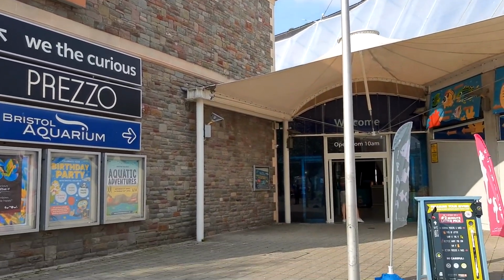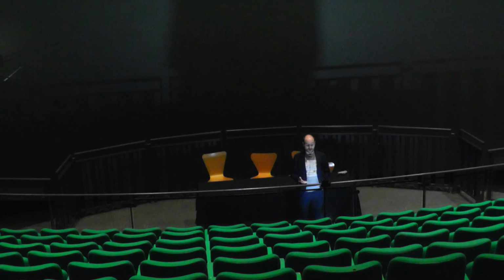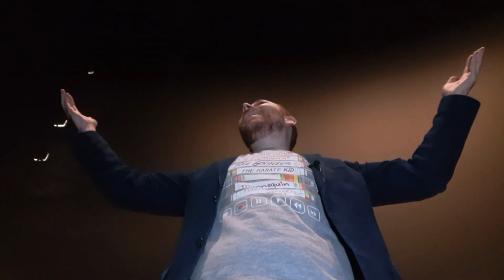I'm here at the Bristol Aquarium, standing in the former Imax screen, as you can tell by the sheer scale of the room that I'm standing in. I'm going to be talking about the history of this cinema, as well as that of Imax, and maybe some of its afterlife. Originally invented in the 1970s,